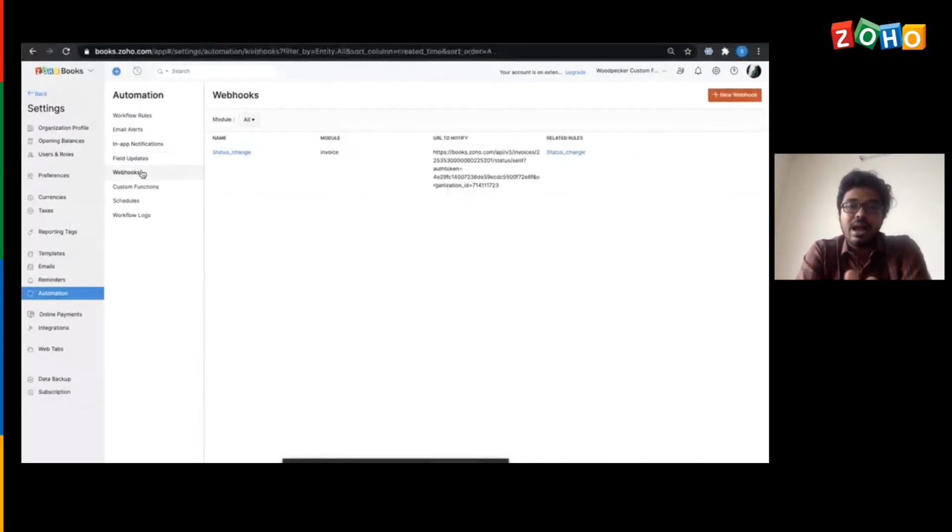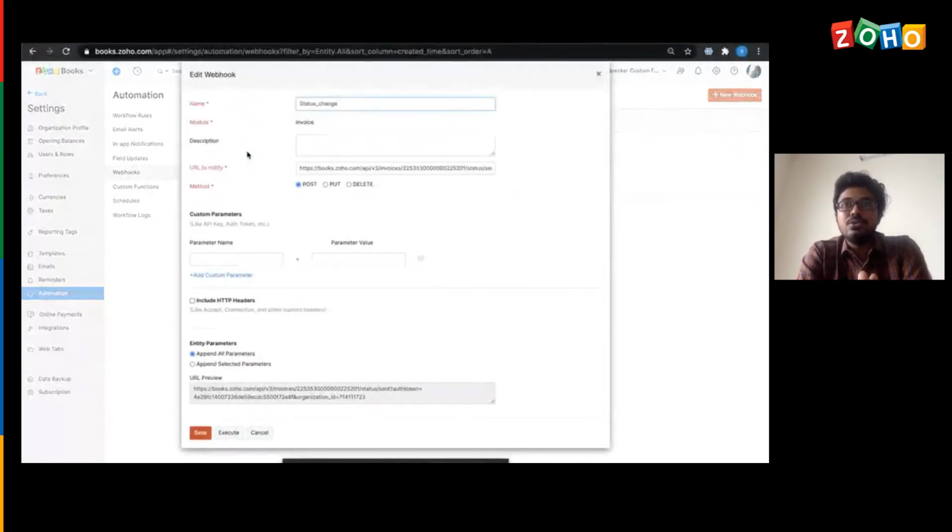The next thing we have is regarding the webhooks. So webhooks could be used to share the information from Zoho Books into another third-party application. So let's look into a case where you do have your website from where you'll be receiving the orders, and for the accounting front, you will be making use of Zoho Books. So it will be difficult for you to do manual work in both your website and in Zoho Books for the same action that happens.